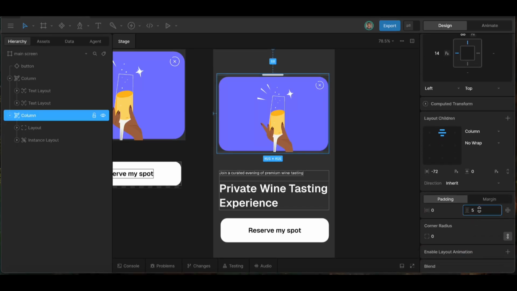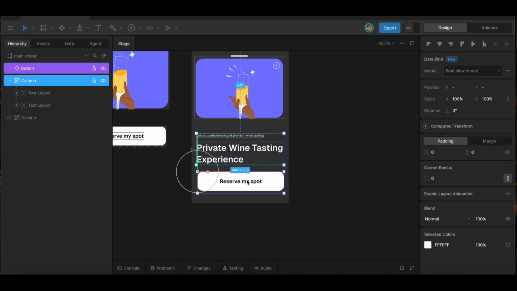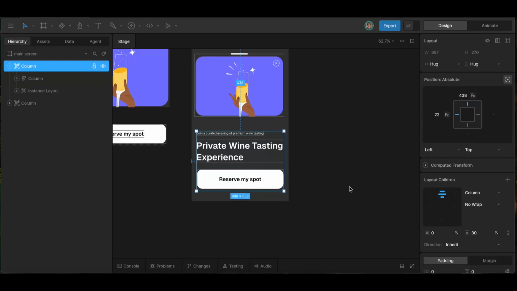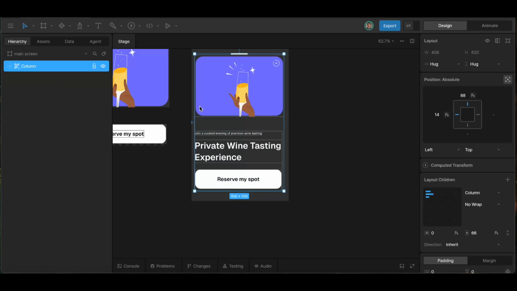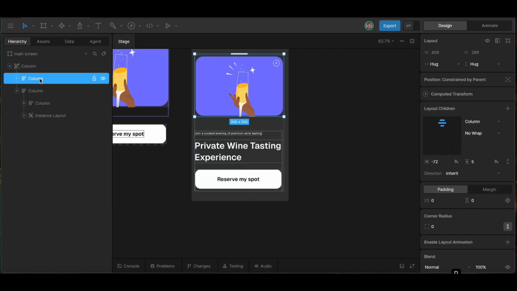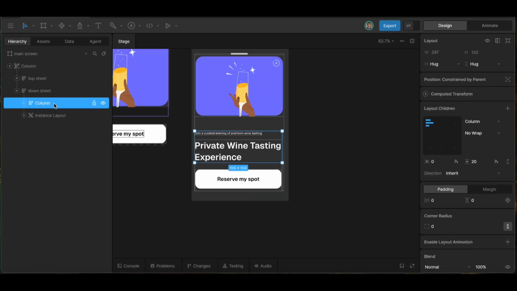I'm going to bring this up, just add a padding, rather a vertical gap. So let's do the same for this button and the text. I'm going to add both of them, so have something like this, and add both text there. And I'm going to name this top sheet, down sheet. Then this will be